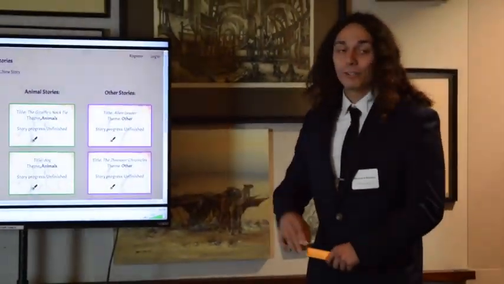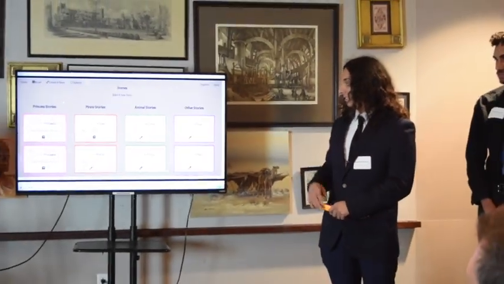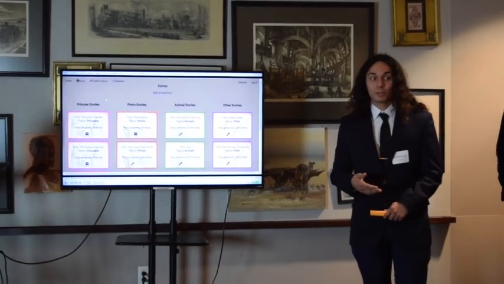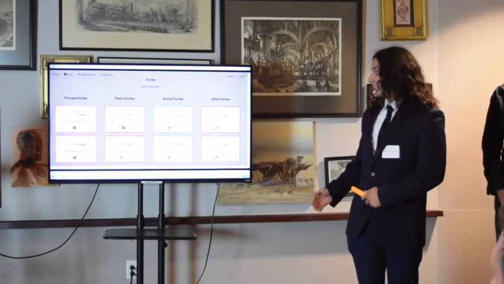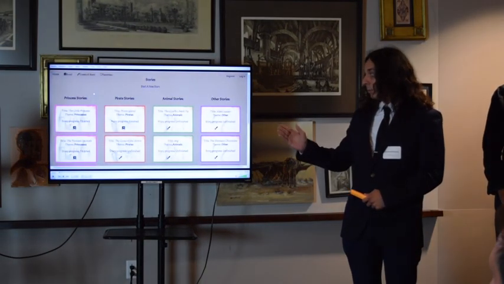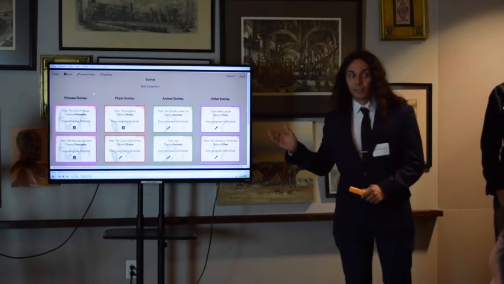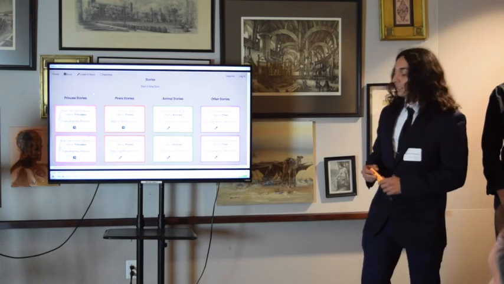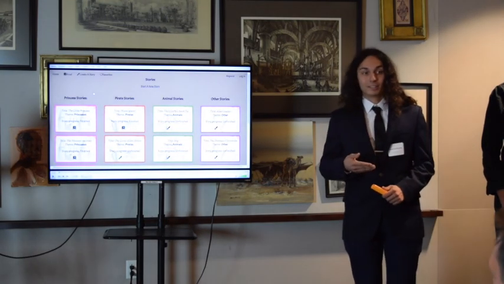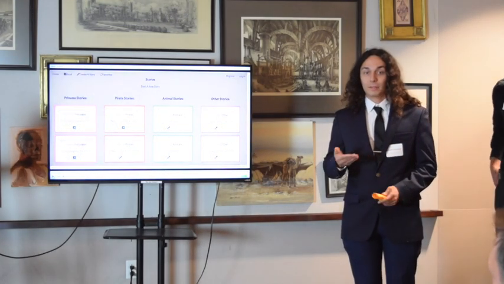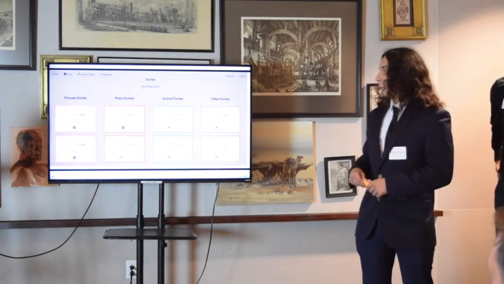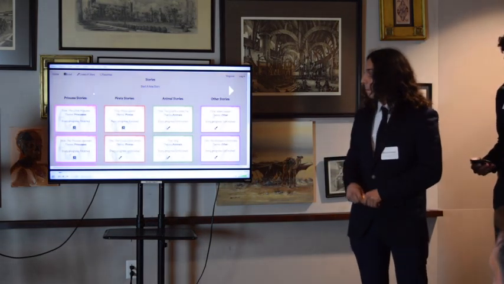This is our stories page. This is where the user can read or contribute to a story of their choice. As you can see, each story that has a specific theme is given a specific background, and they're organized in their themes. This is done by using Razor C# code to assign a background to each project based around that theme in our database. When a user wants to go into a story,